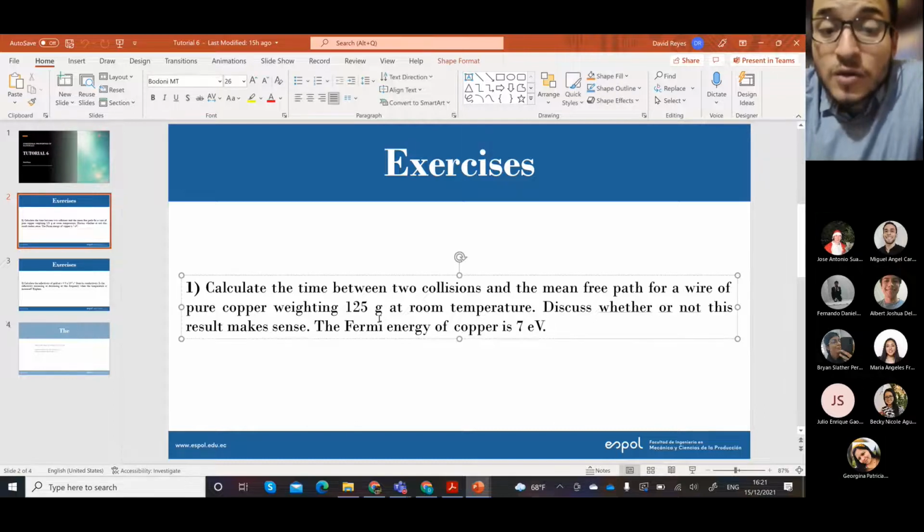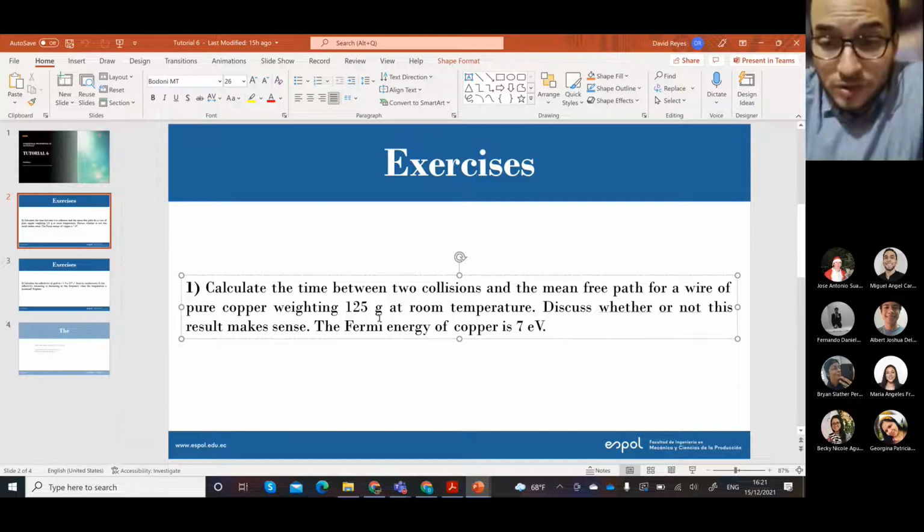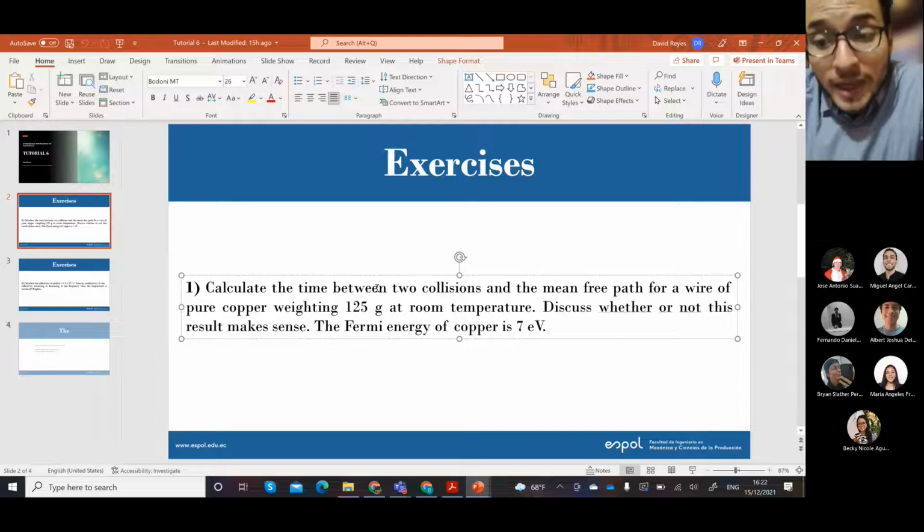This first question: calculate the time between two collisions and the mean free path for a wire of pure copper weighing 125 grams at room temperature. Discuss whether or not this result makes sense. The Fermi energy of copper is 7 electron volts. Okay,